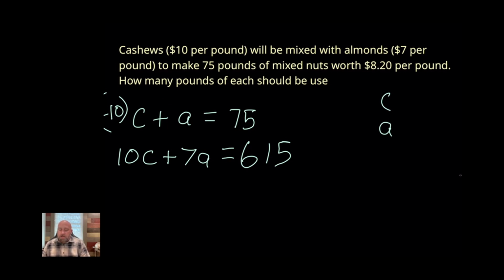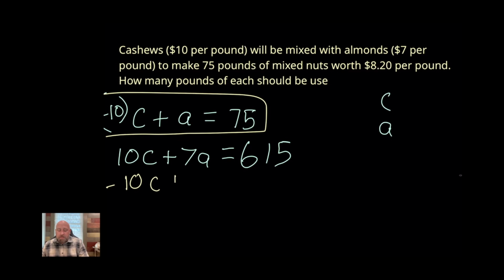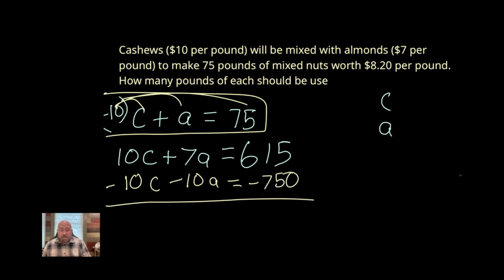So let's create a new equation with this one right here, multiplying everything by -10. -10c minus 10a, because we're distributing this to everything, equals -750. Then we're going to add all those things together. The c's are going to cancel. That's what we're looking for. We're going to end up with